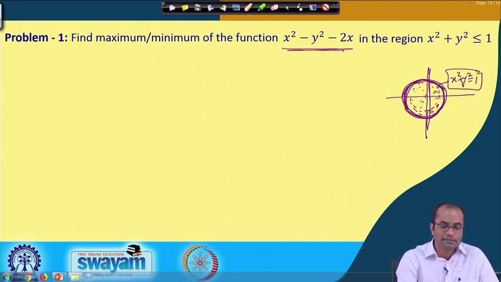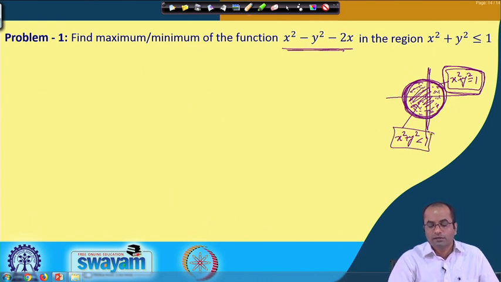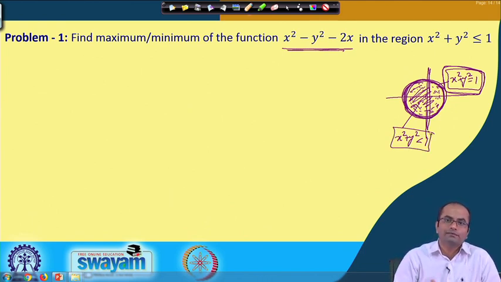We will find the critical points of x square minus y square minus 2x inside this domain, and then on the boundary, that means with the restriction x square plus y square equal to 1 exactly, which is the problem we have discussed, using the Lagrange multiplier. When we are talking about the inside of this domain, that means x square plus y square is strictly less than 1, our domain is open here,